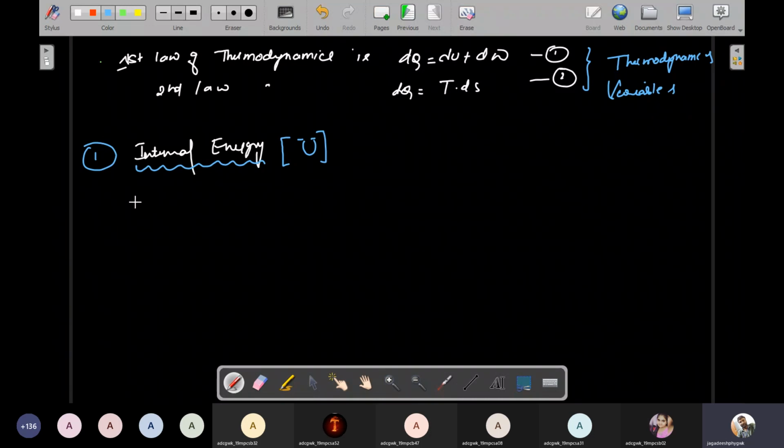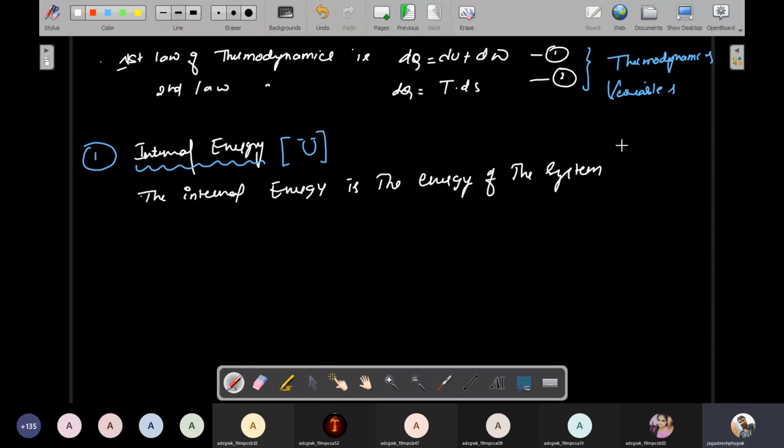Okay, so I'm writing this. The internal energy is the energy of the system which it possesses due to its molecular constitution and